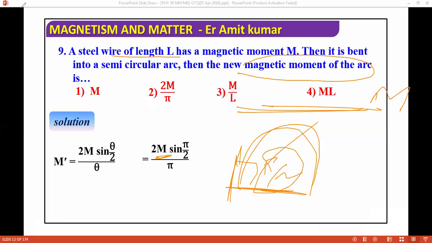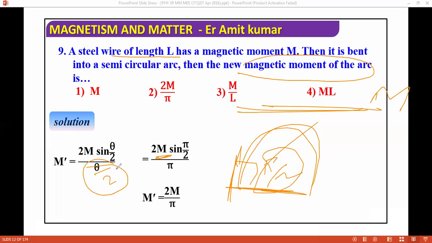So what I'm saying here is this is 2m sine theta by 2. So 2m sine theta by 2 is here. Am I right? So see, what is sine pi by 4? Here basically it should be 2m sine theta by 2 divided by theta by 2. This is the formula we write, 2m sine theta by 2 over theta by 2.